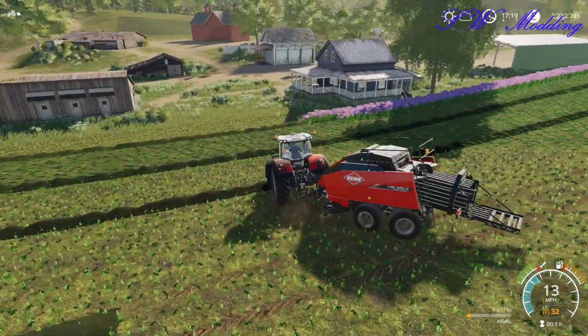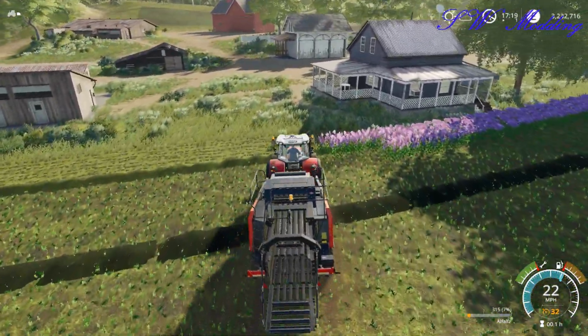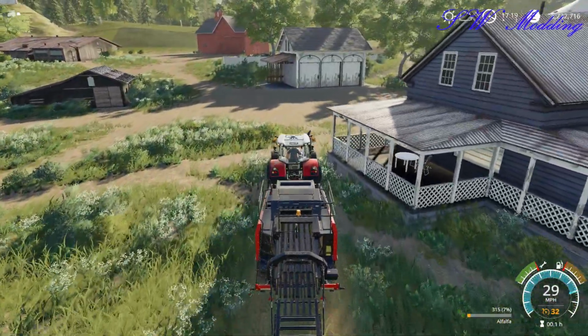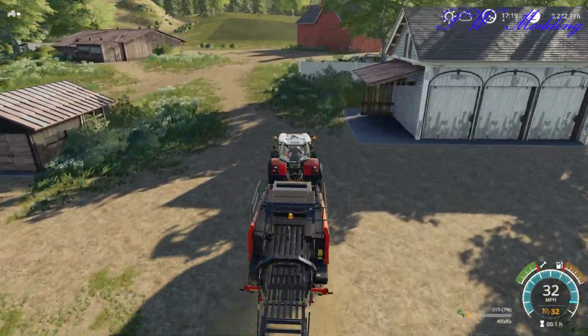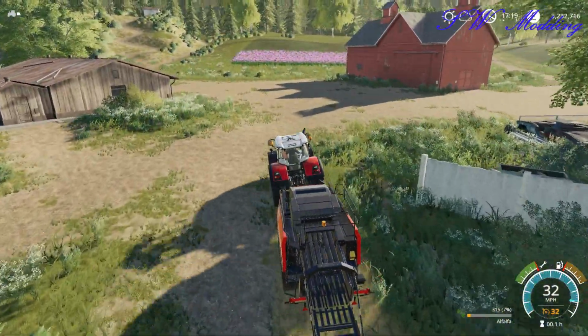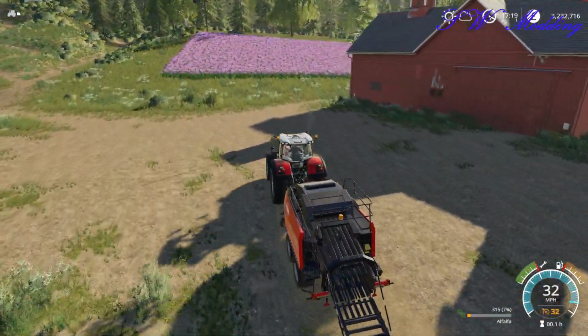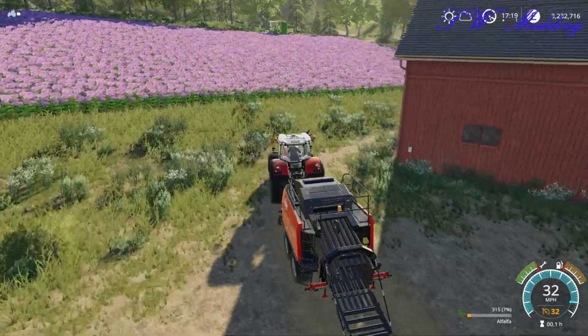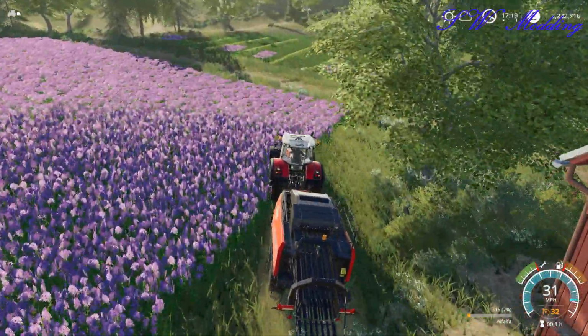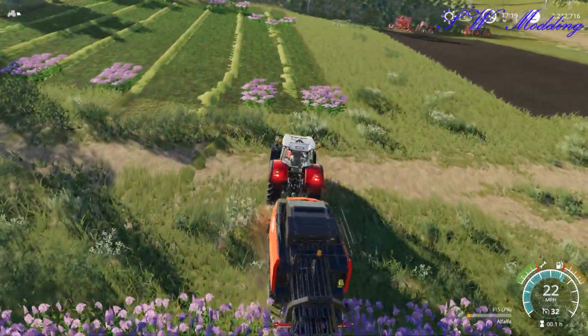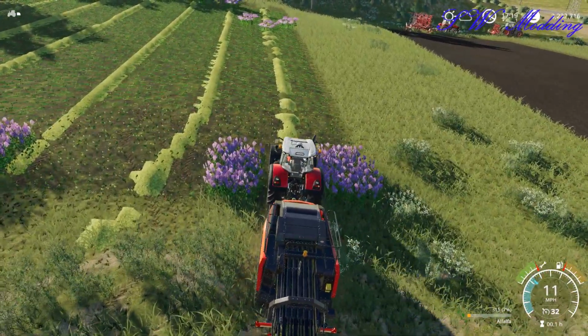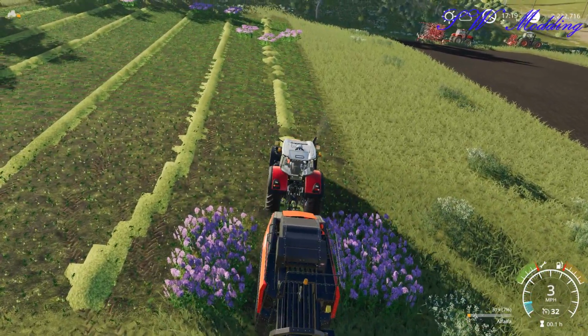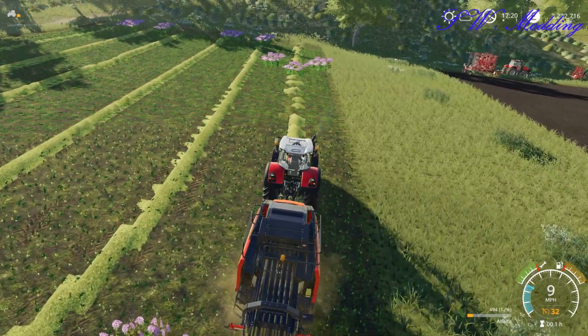And while I'm in this one, I'm going to go over and do the hay. Now the first bale that comes out is going to be an alfalfa bale because I've picked up a little bit of alfalfa in here, and it will continue to make that alfalfa bale until it picks up the alfalfa hay. But whatever, again, it is what it is. So we'll just do this and then continue